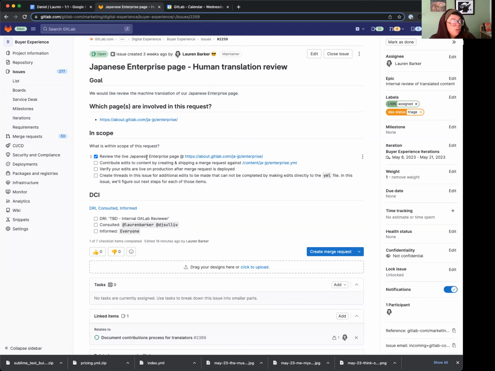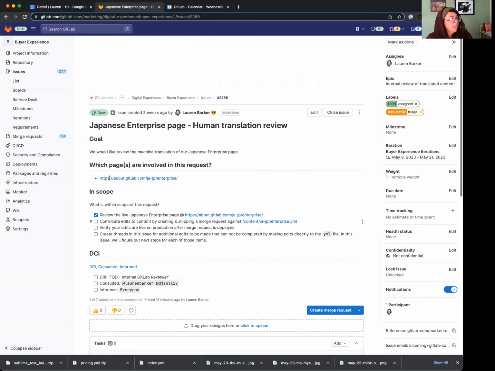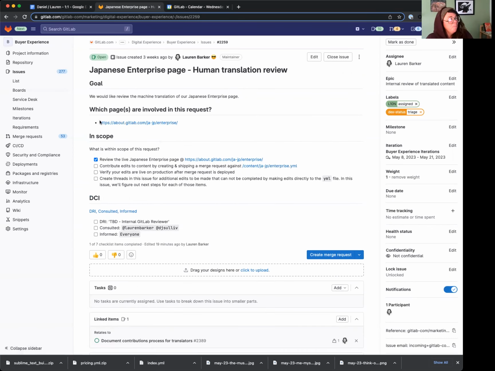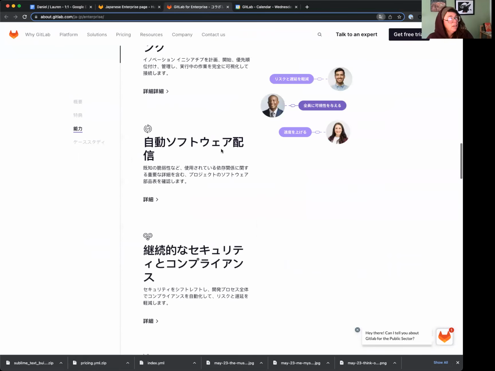And then the 4 steps, which is to review the live version, and then open the content file that generates that live version, make edits as you see fit as the translator, and then to verify your edits are live on production as intended. And if there are things that cannot be done through that content file, let's say there's an image with English text in it, to make a thread down here, such as, and we can actually go ahead and do that. So I'm going to go ahead and open this Japanese enterprise page, come down here and,